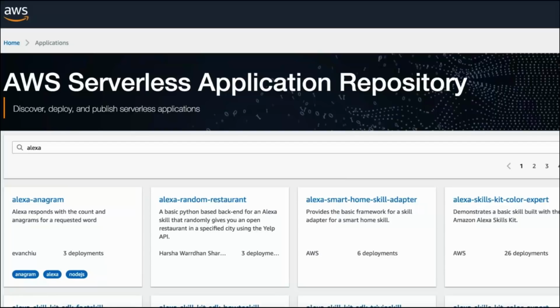And you can actually just immediately go and launch these inside your AWS account in just a couple of clicks. Actually, one requirement for getting applications into the Serverless Application Repository is that you do have to have a SAM template. And so SAM is powering essentially the deployment process for these serverless applications.